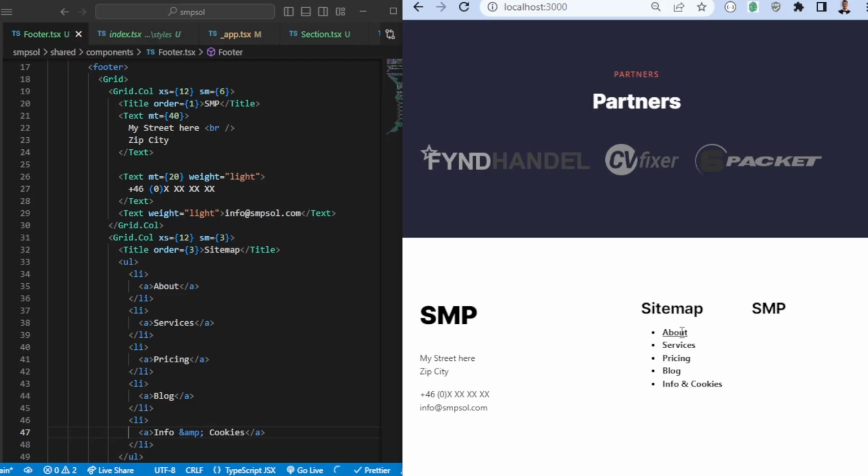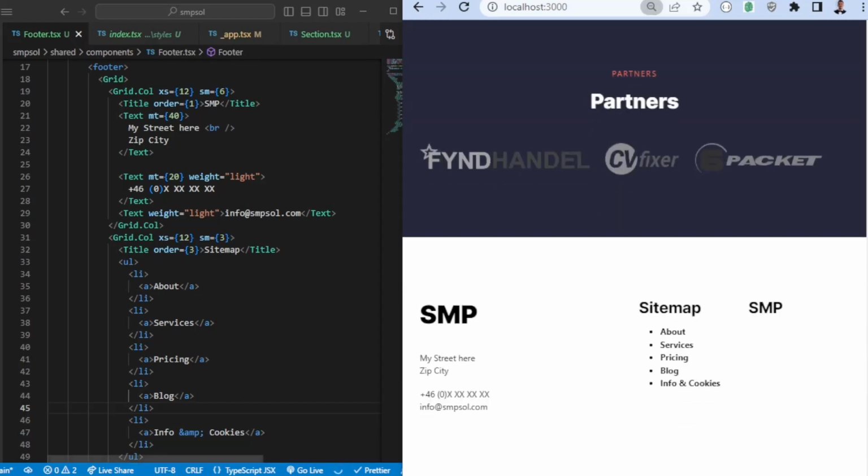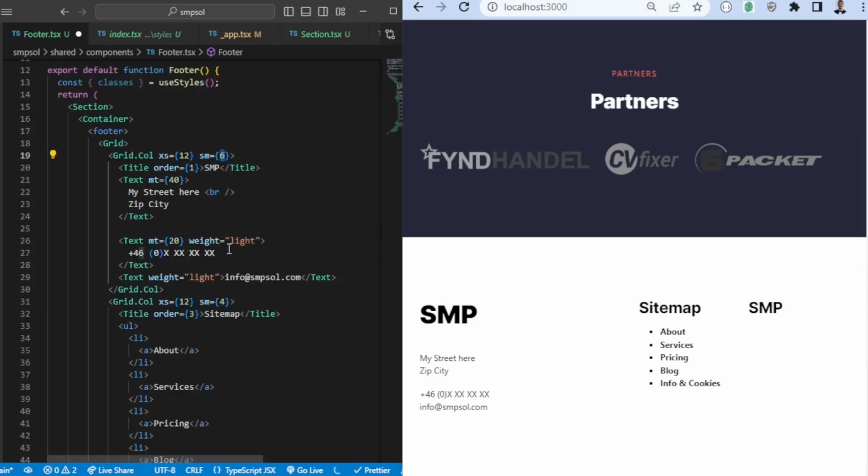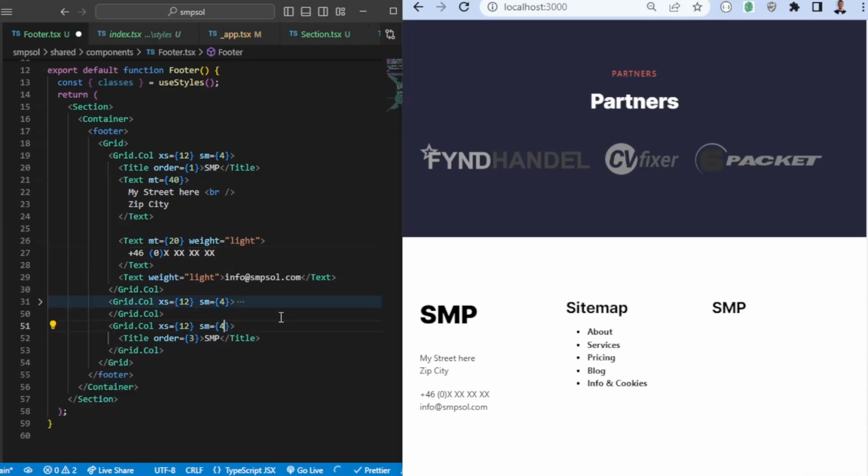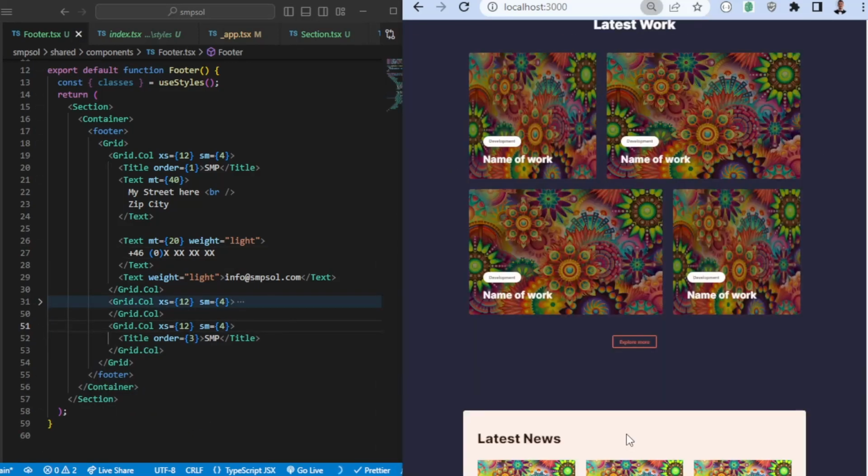So in this case we have some sort of a menu, and as for the last item here, you can check the responsivity. As for the last one, I think maybe these boxes are even too close to each other, so maybe we should just increase from SM4, and this one let's say it was 6 before, and let's go ahead and shrink that to 4 as well, just for those purposes, and the last box obviously needs to be 4 as well. Okay, so that we have a 3 column